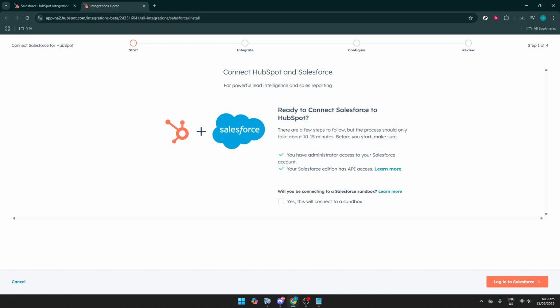There you have it, a straightforward method for accessing, locating, and installing the Salesforce app through HubSpot's Marketplace. By following these steps, you now have a powerful tool integrated into your HubSpot account, ready to help you streamline your customer relationship management and sales activities. Integrating Salesforce with HubSpot can offer you insight and flexibility, empowering your sales approach and aiding in achieving your business